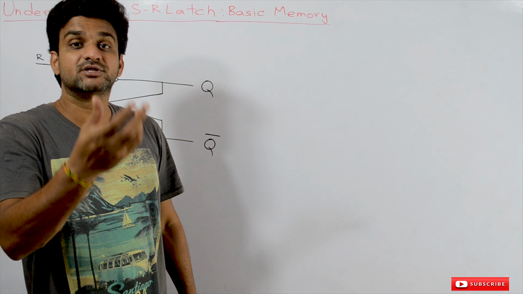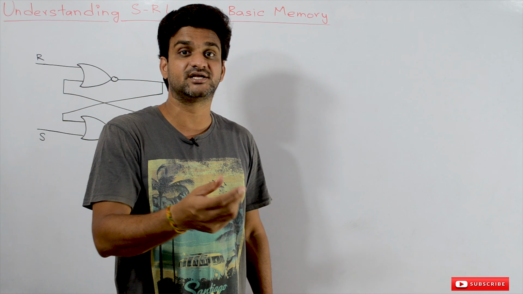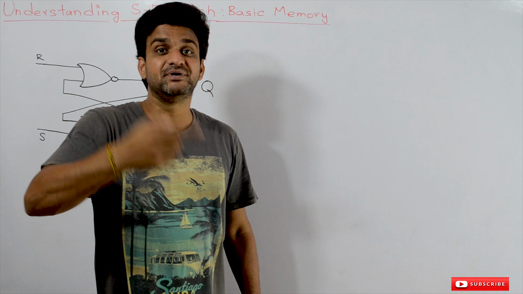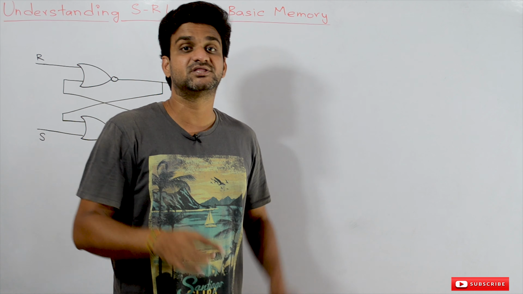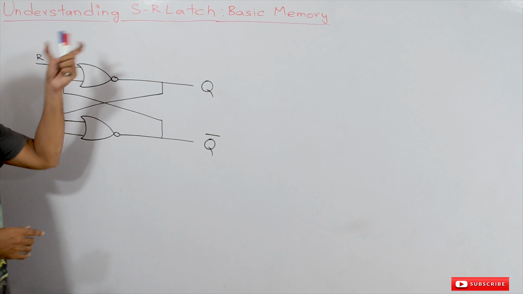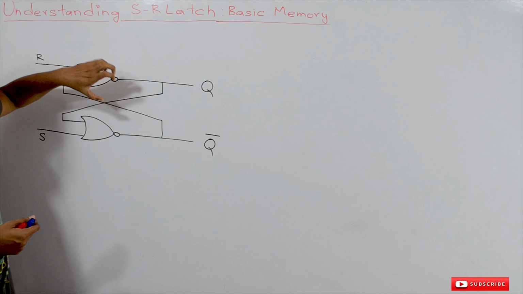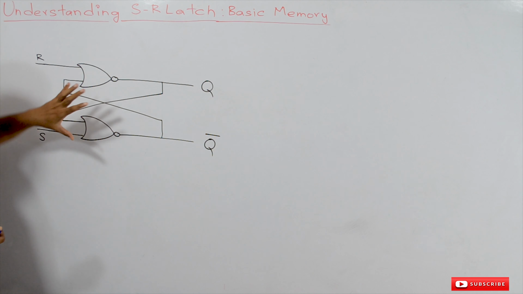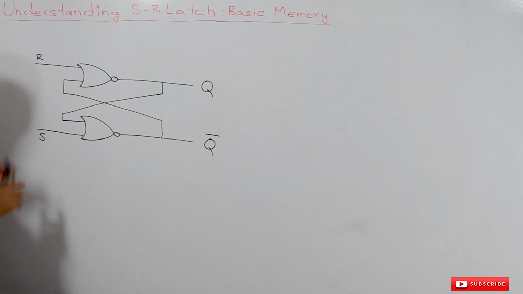Based upon that concept, we have used a device called memory, and there we have said that in order to create a memory, we have to store the bits onto the memory. How the bits can be stored onto the memory, that we will try to understand in this class. And the device that we are going to use to store the bit is SR latch. So this is the circuit diagram for the SR latch, and the inputs are